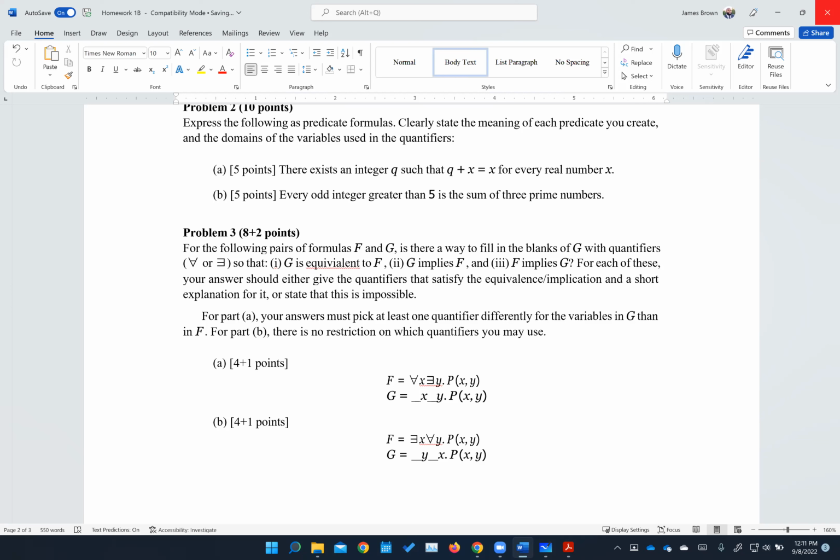Now, can we make G implies F? Remember, this is not G or F. Yes, there is a way. If we do